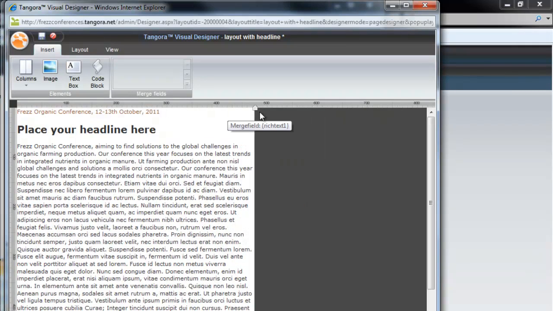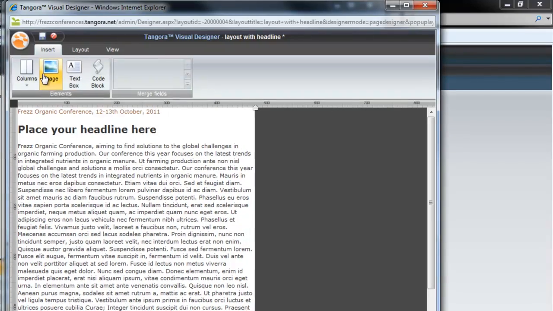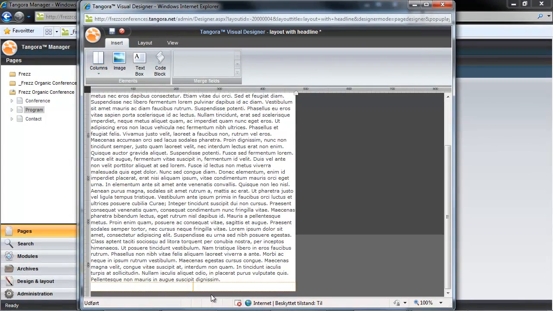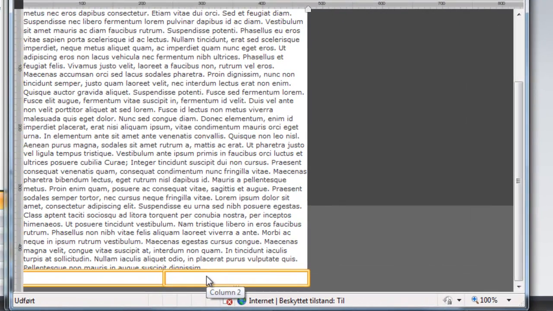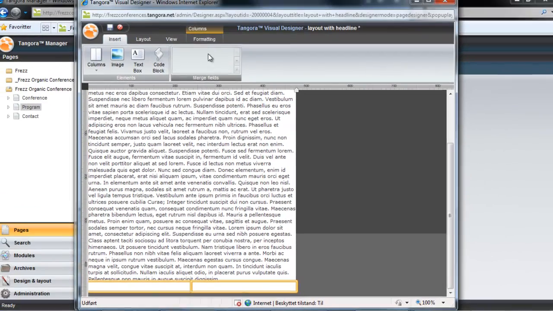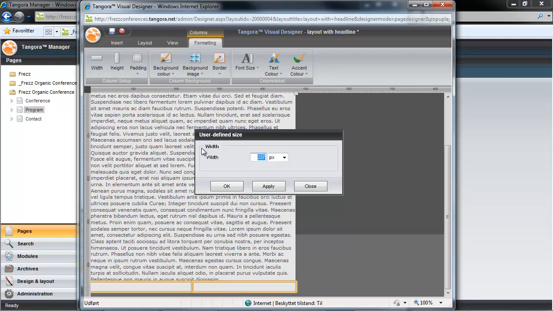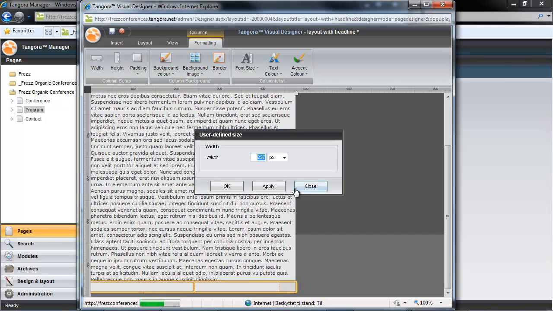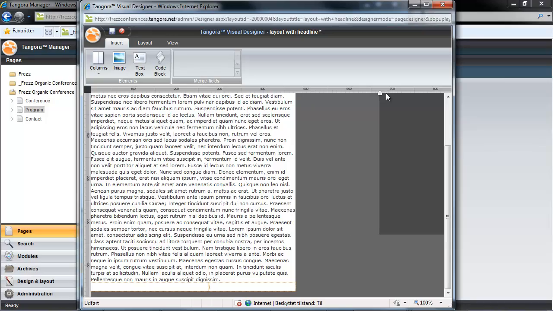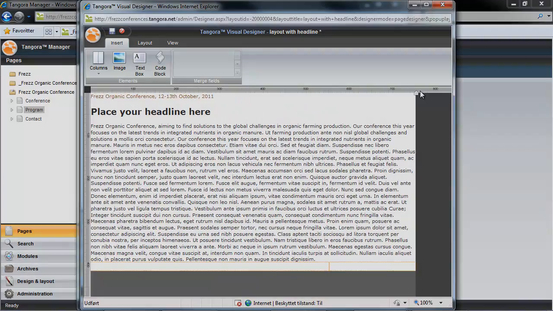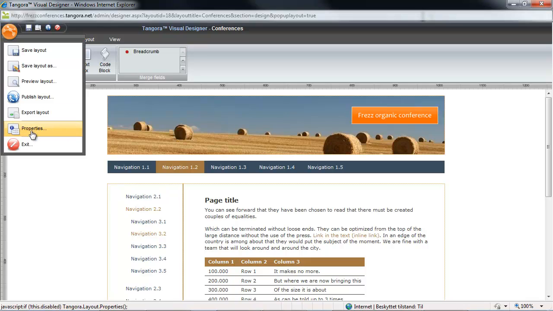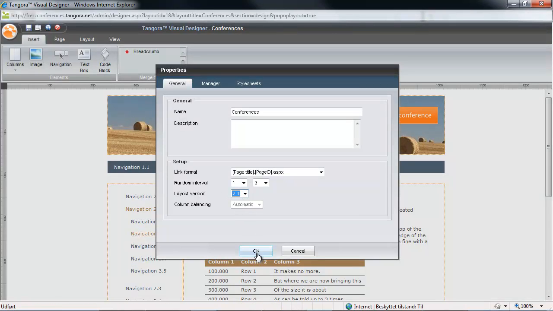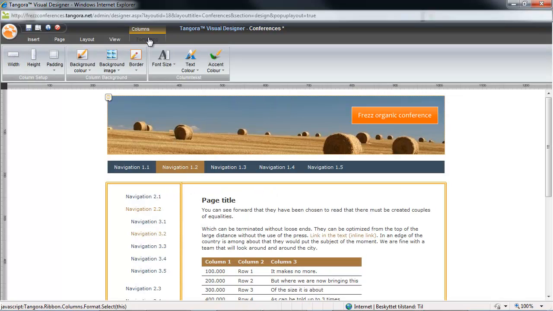On that topic, you could also combine percentages with pixel widths. So just for a demonstration, let's say that I create a column set here, and I want the right-hand column to always be, say, 200 pixels, but the left-hand column should be variable. I could just add 200 pixels to the right-hand column, and then 100% to the left-hand column. And when I pull the slider now, you'll see what the results would look like. Visual Designer 2.0 can actually also be used for site layouts, by the way, if you'd like to have a liquid layout with variable widths.